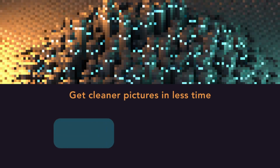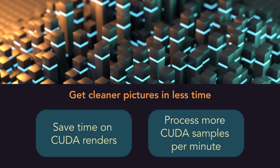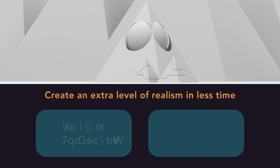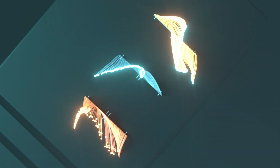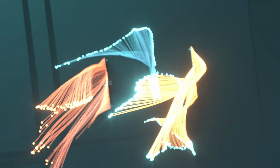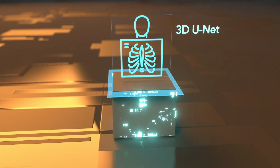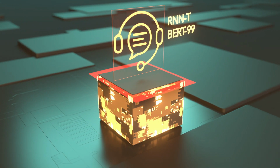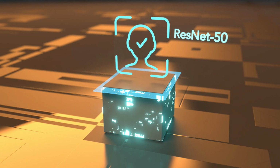Plus, a workstation that enables much faster renders while also processing significantly more samples per minute opens the door to speeding delivery times. We also looked at how multiple different machine learning models ran on each workstation, because AI is the future, and it's already here. 3D-UNet focuses on medical imaging. RNN and BERT process human language in the form of text or voice, and ResNet identifies objects and people in